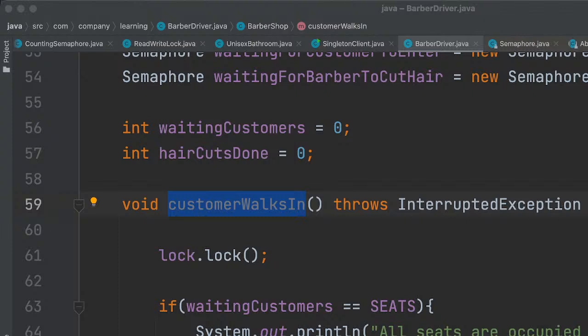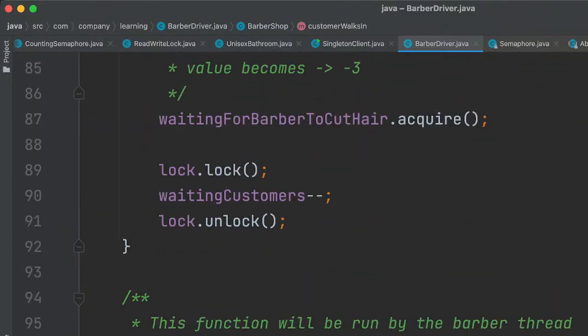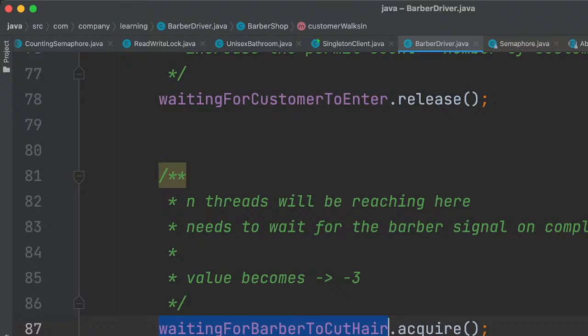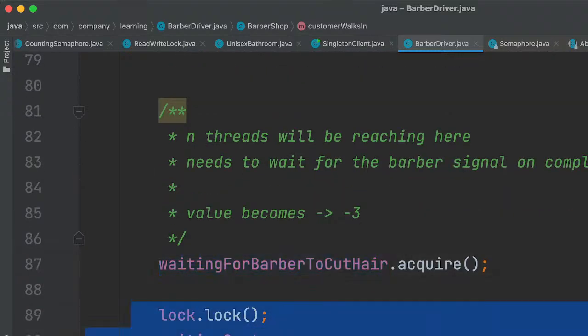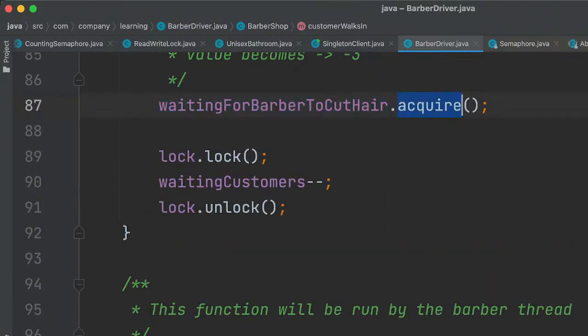Okay, the Barbers. I think this solution works fine because at the end, when they're trying to acquire, all the customers will be leaving at once, and even if there is a free slot, we are not filling that request because this is being acquired, right?